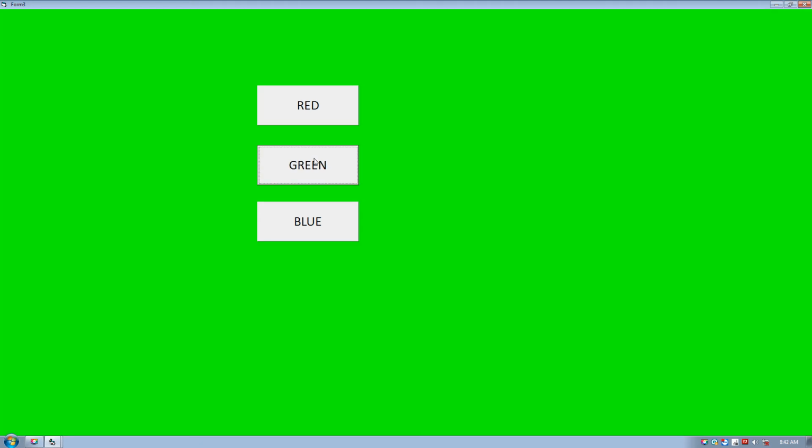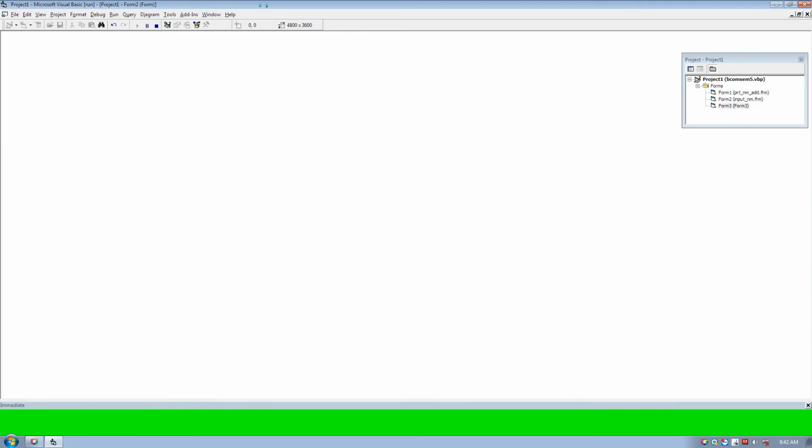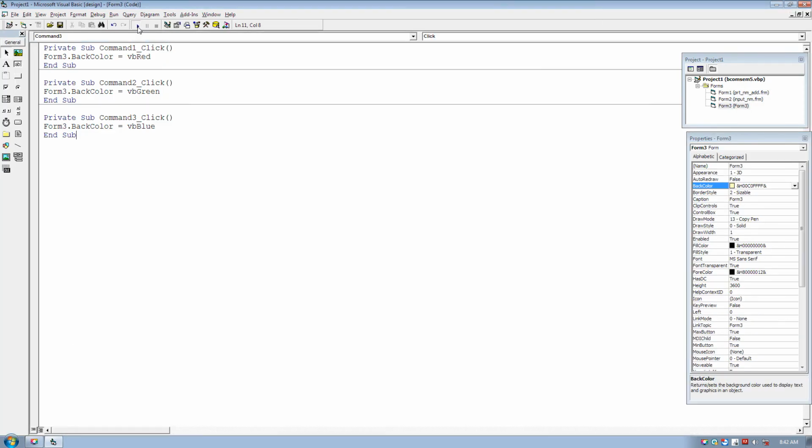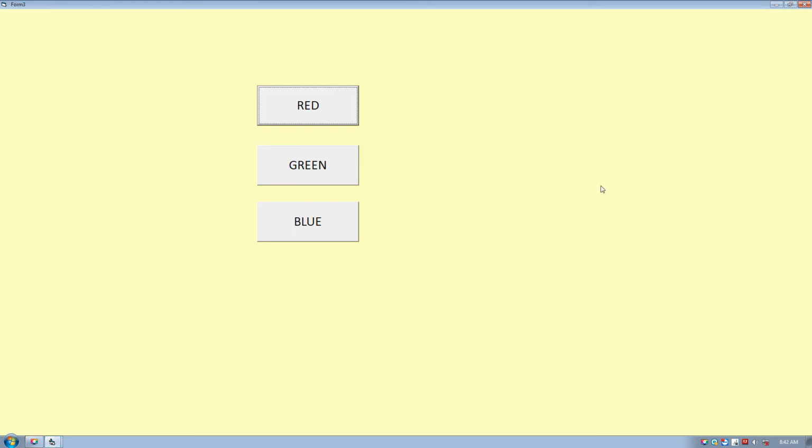The whole control is with the user. Whether the user takes the action or not depends on the user. Again I am closing the form, again running the form. Look, I have run the form and I am not going to click on any of the command buttons. For example, 2 minutes, 3 minutes, 5 minutes. 5 minutes I am in this running state of the form, but I am not clicking anywhere.